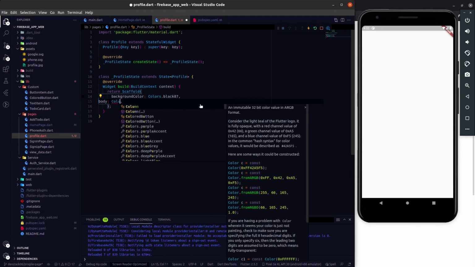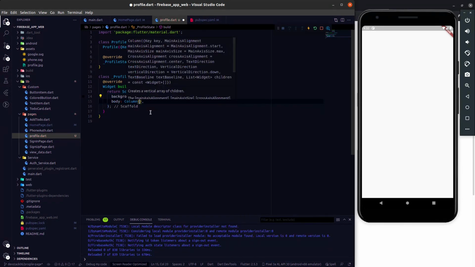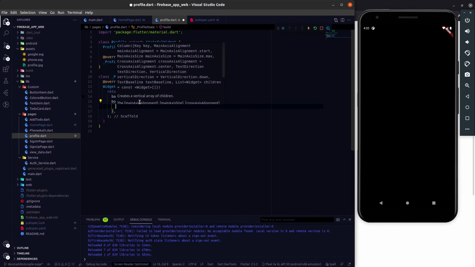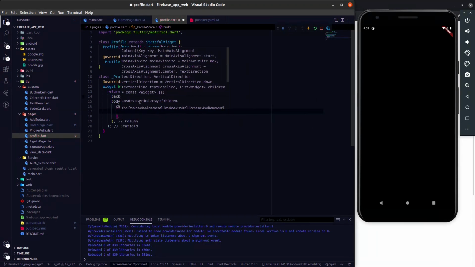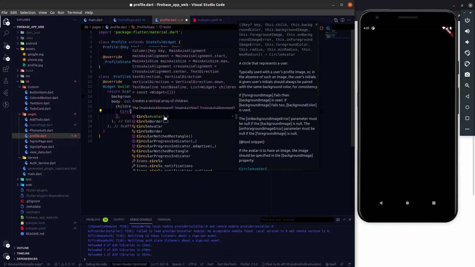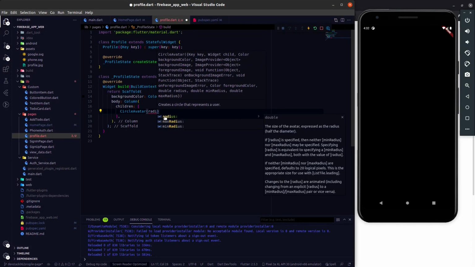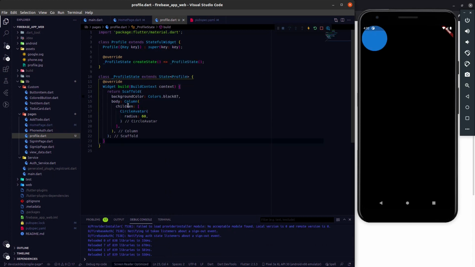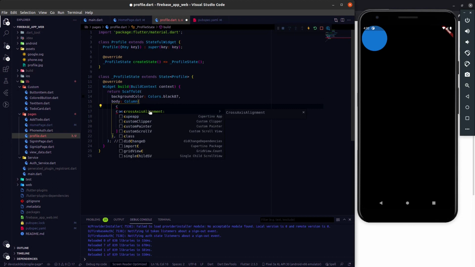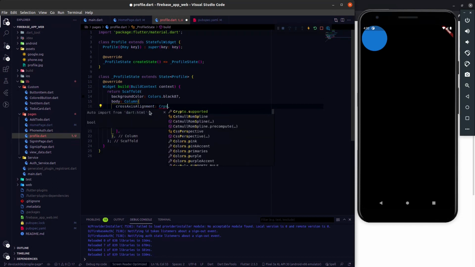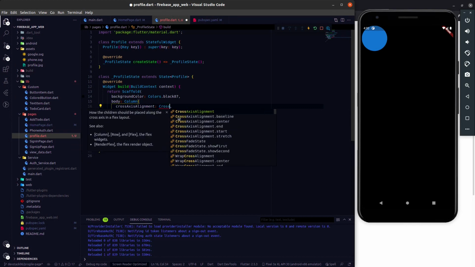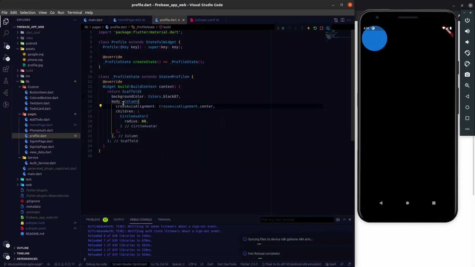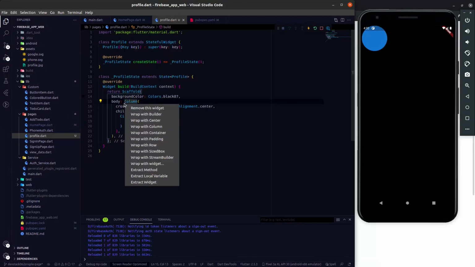That will be a column, and in the column the first item is going to be a circle avatar with a radius of something like 60, I guess. And let's put the cross axis alignment as center, and it will not work until I wrap it in a container